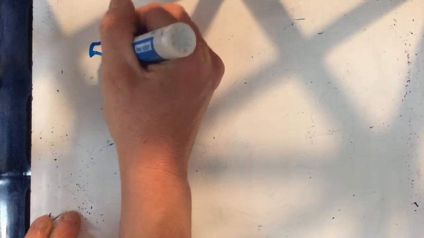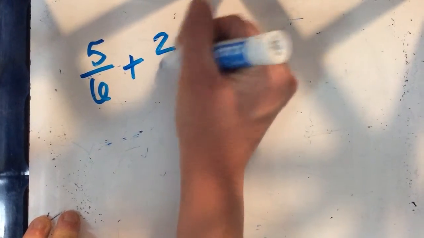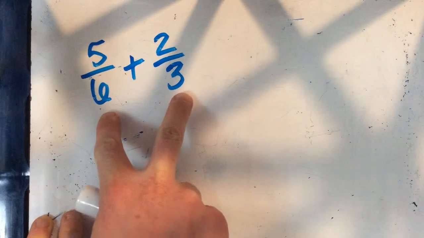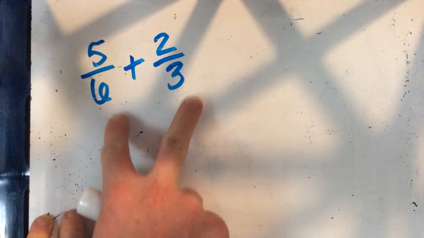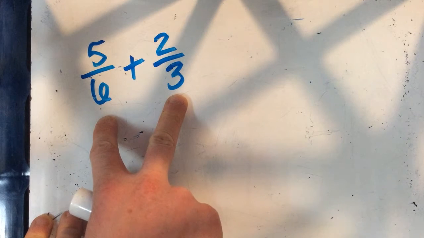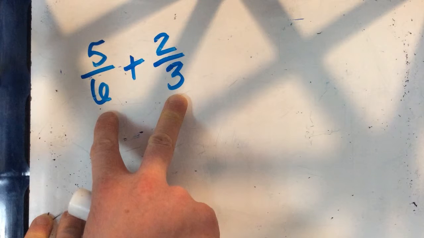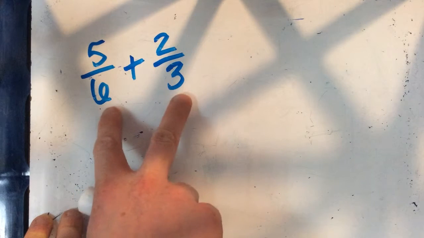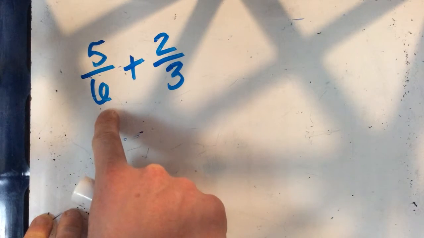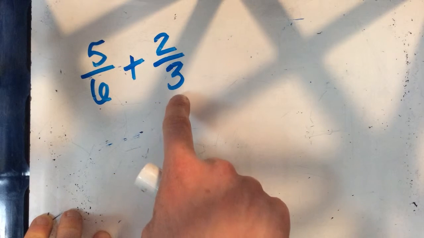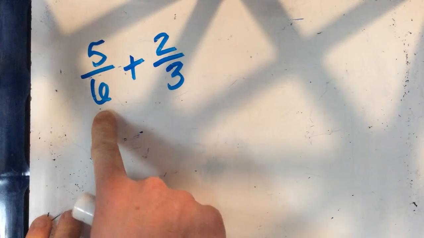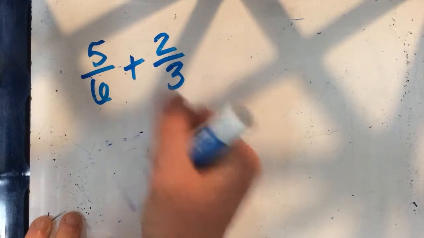So we have, for example, 5/6 plus 2/3. Now, right away, the first thing we should recognize is we have two different denominators, so we cannot add yet. We must have the same denominator. Even though these are not the same, they are related. With numbers like 6 and 3, they're related because 3 times 2 is 6. So it's easy to change your 2/3 into 6. We don't need to change our 5/6 because 6 would be the lowest common multiple